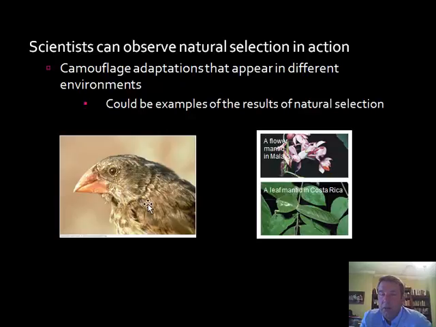This is a finch, a type of bird that Darwin recognized and wrote a lot about. He recognized these on the Galapagos Islands, where he spent a lot of time. And what he recognized is on that chain of islands, some of these finches had narrow beaks. On other islands, they would have very broad beaks. And so what he determined from that was that